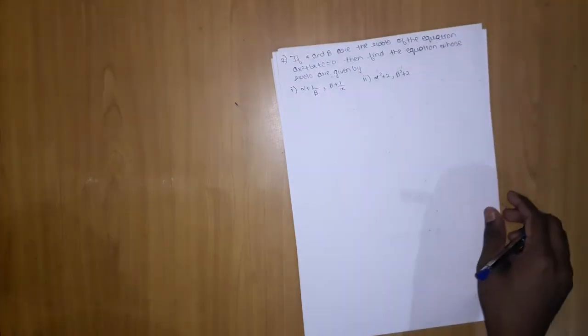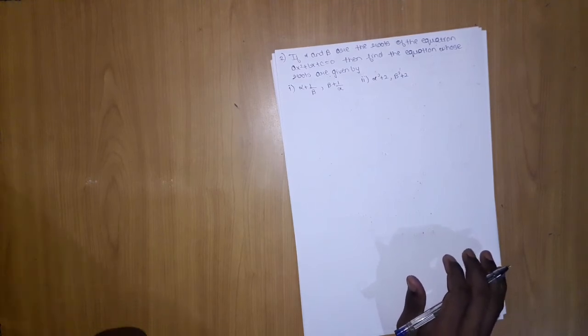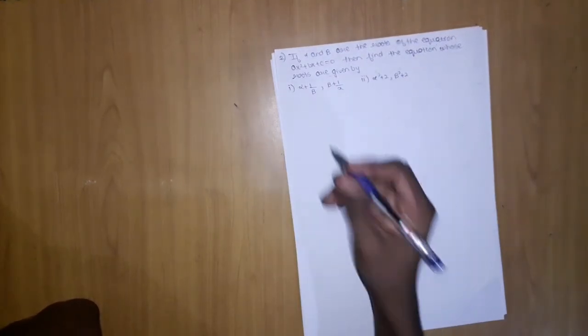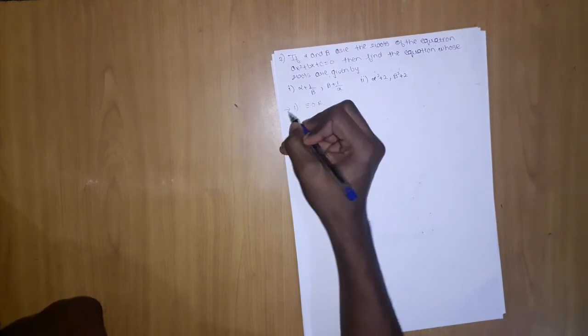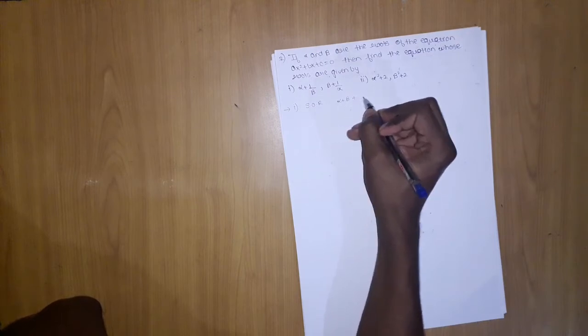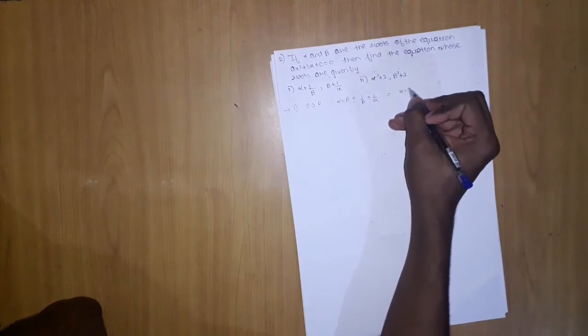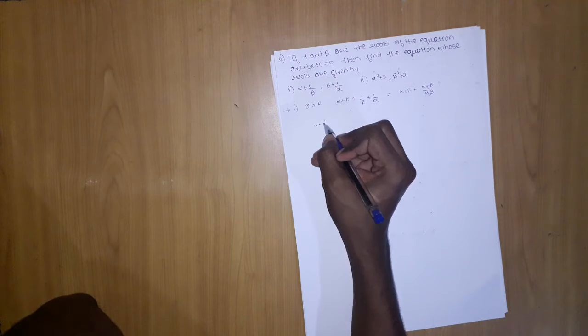Okay, the second question of subjective is as follows. If alpha and beta are the roots of the equation ax square plus bx plus c equal to 0, then find the equation whose roots are given by this first one and this. Okay, we have to find this equation, so we need the sum of roots for the first, which will be alpha plus beta, and 1 by beta plus 1 by alpha. Moving on further, we will just simplify it: alpha plus beta upon alpha into beta. Now the first equation which is given has alpha plus beta roots, so alpha plus beta from here is minus b by a, and alpha into beta is c by a.